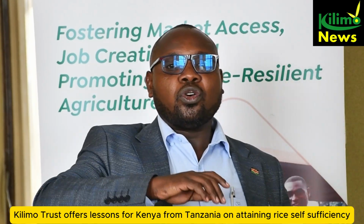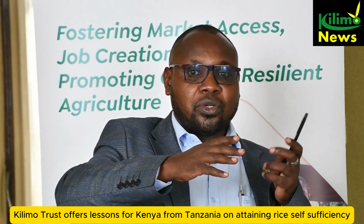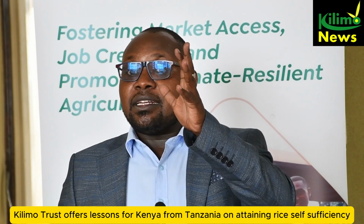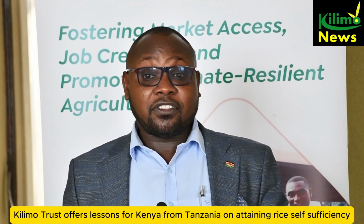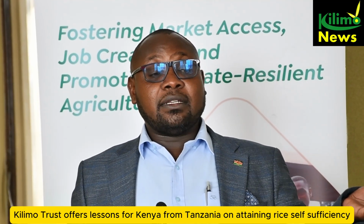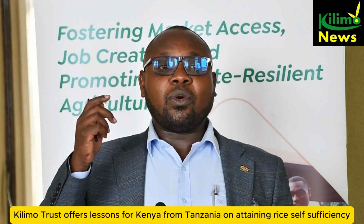But we realized that breeders had already come up with a semi-aromatic rice. Not non-aromatic, but also not so aromatic. It is somewhere in the middle. But the yields are more than double, over 2.5 times more yields than the aromatic rice. So after all, if we are consuming semi-aromatic rice in the market, why don't we just produce semi-aromatic rice once and for all? Because after all, as you heard our CEO say, we have done quite a number of market